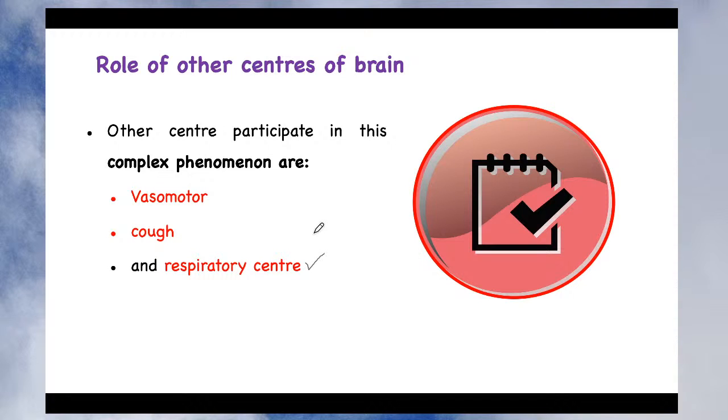When these substances are absorbed into the blood, only then will the patient suffer from vomiting, due to activation of the chemoreceptor triggering zone. In addition to that, we have seen there is involvement of the vasomotor center, the cough center and the respiratory center in the process of vomiting. So this is about the role of different centers of the brain and the mechanism by which vomiting is